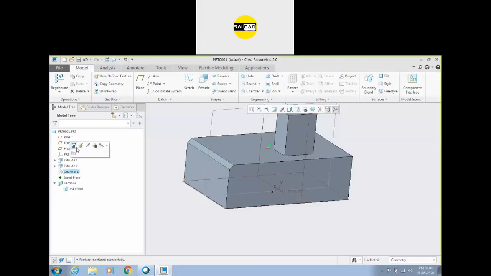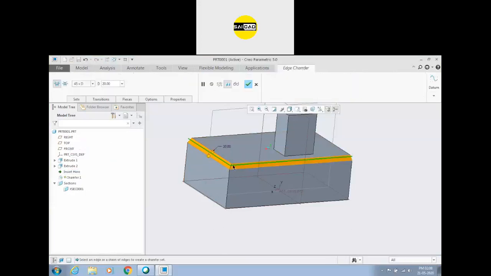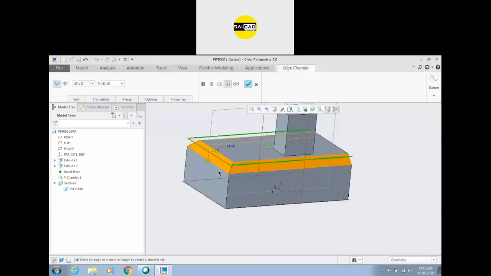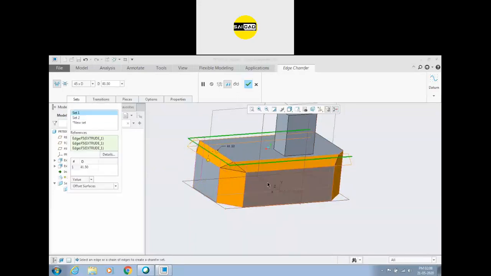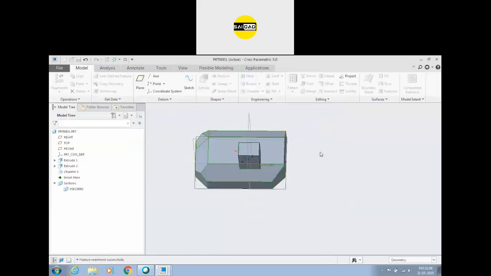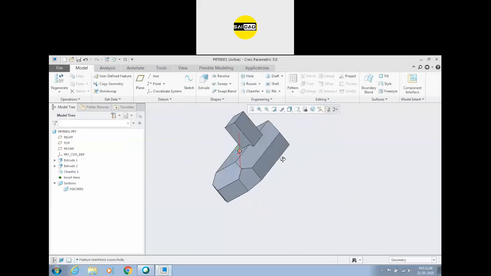You can select multiple edges also. By pressing the control, you will get a similar value chamfer. You will control that from one point. If you want a different chamfer, you can just select the edge without pressing the control. You can use that like that. If you want this type of chamfer now, just press the control and your chamfer will be controlled by this one. If you want to edit this one, go to the set F1. Now you can control this one. Okay, click OK, and this is the chamfer option.